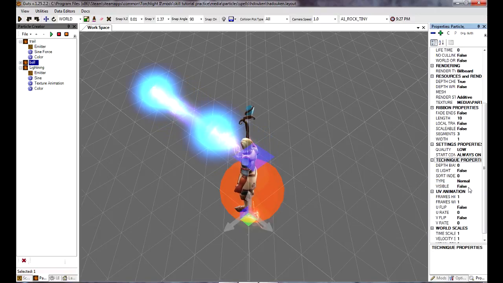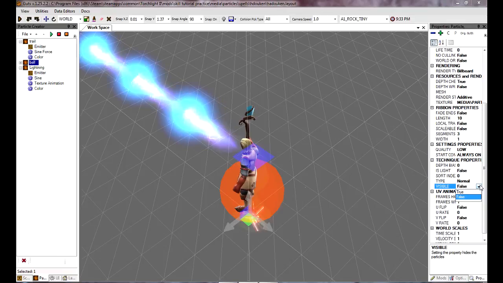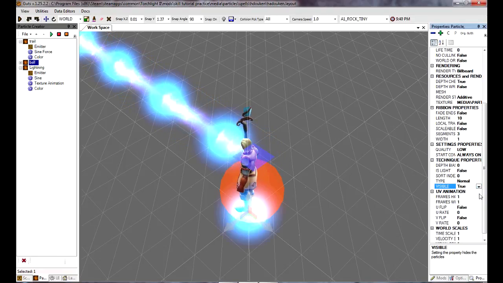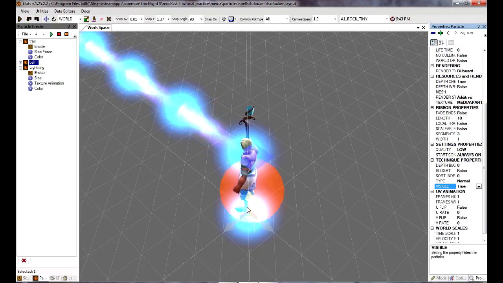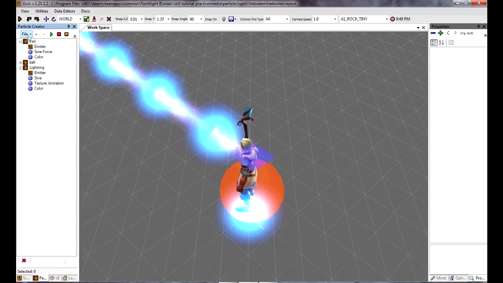I don't know what technique property means. Setting this property hides the particles. It didn't hide it. It hid it on this, but didn't hide it on that. So